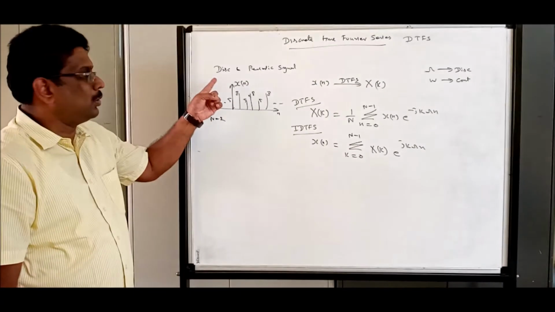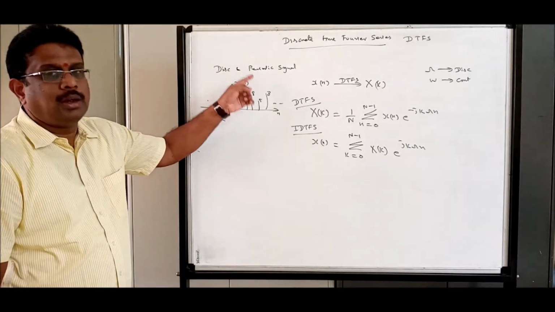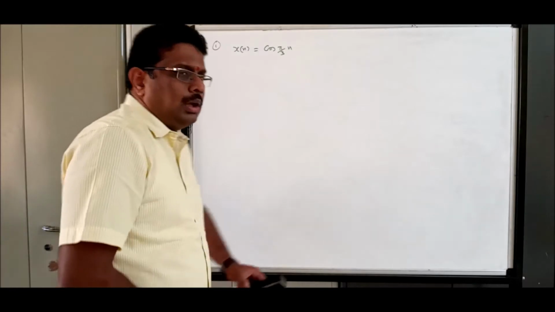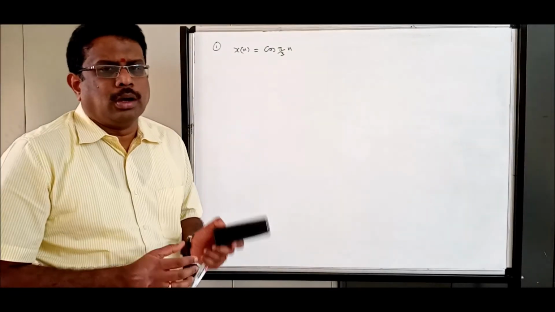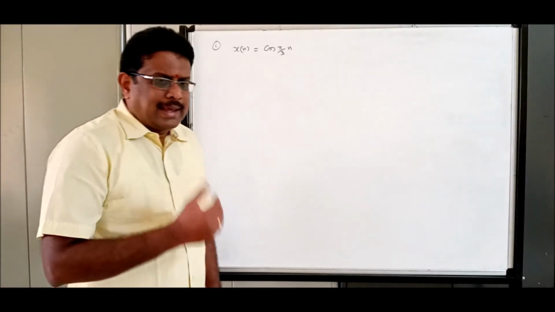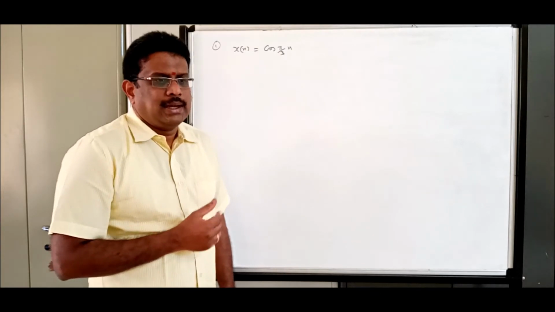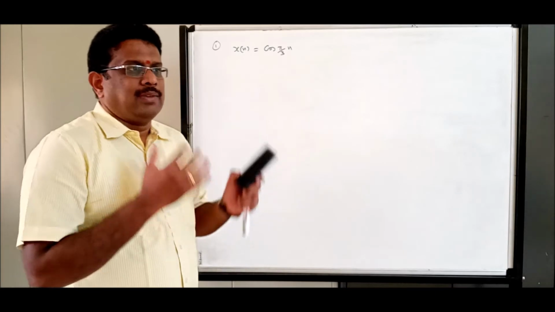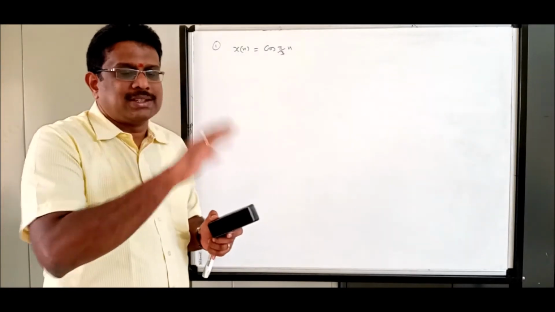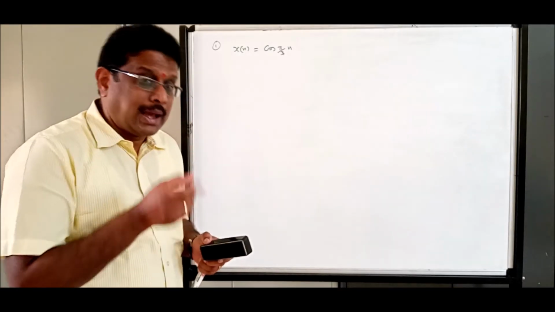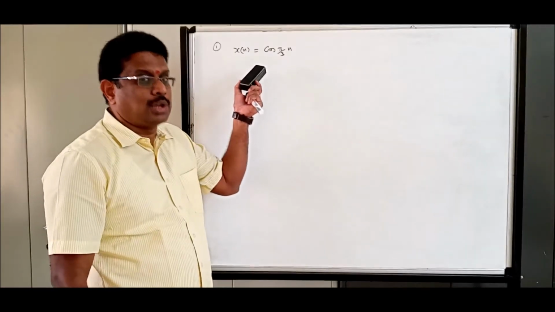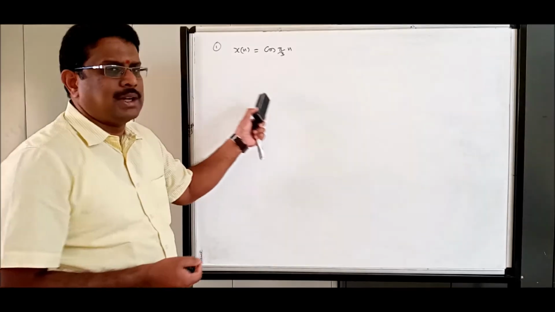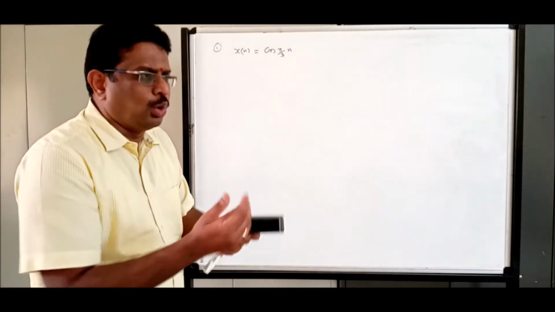Especially what type of time domain? It is a discrete and periodic time domain. We'll do problems on DTFS. As we discussed in Fourier series, there are two types of problem solving techniques. One is if they give a sketch, directly you can substitute the amplitude in the formula. The other one is if they give the sinusoidal format, either sine or cos, it's the same technique. You can represent as e power j and find the coefficient.